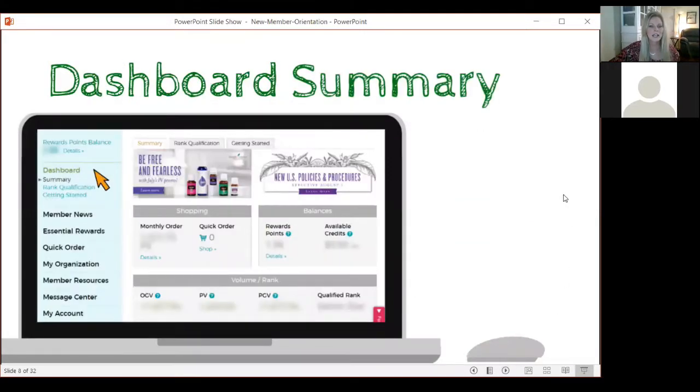Okay, so when you log in, this is your dashboard summary. This is the screen that always will pop up. You'll see over there on the left-hand side, reward points balance. We're going to talk a little bit more about that, but every time you do an essential rewards order, that's where all of your points go, that you get to spend like cash on different products that you want. So here on the left-hand side, you have member news, your essential rewards, quick order, my organization,